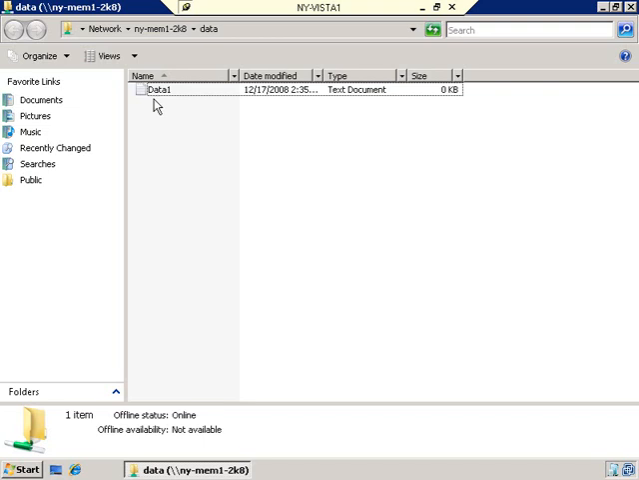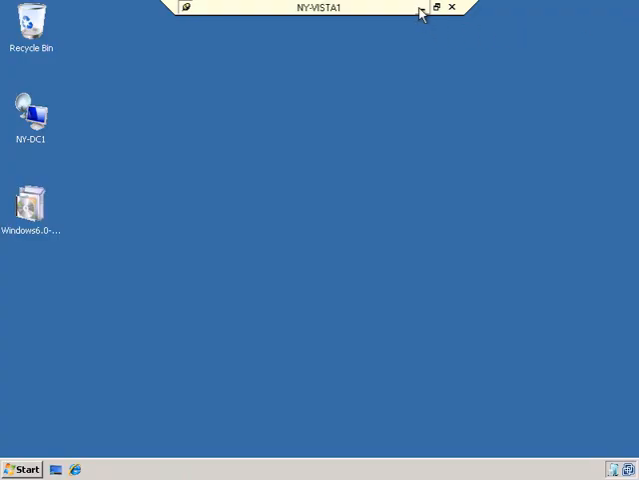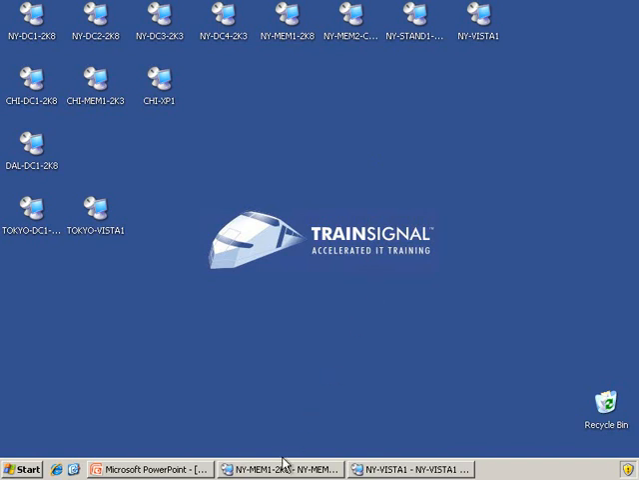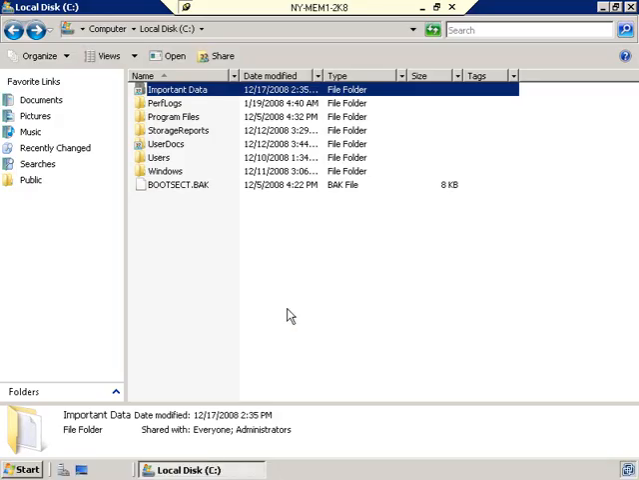And the actual access to this information would be controlled via the NTFS permissions because we let everyone have full control to the share itself. So let me go ahead and close this, and I'm going to minimize New York Vista 1 for just a moment because we need to go back to New York Member 1, go back to our file server, because another thing that we have to do is make it so that users can access this data when not